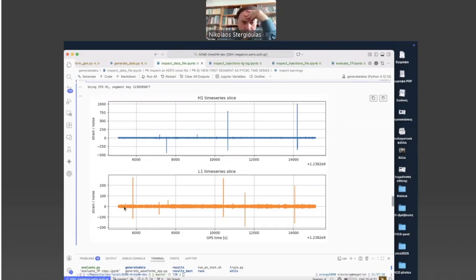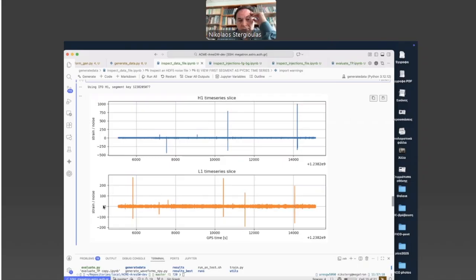So you were expecting to see noise and probably some large glitches, right? And this is what we see here. We do see a noise time series, but from time to time we see very large glitches happening, that we need to take care of later.